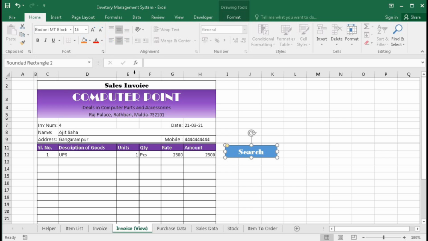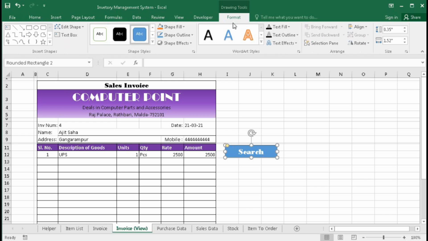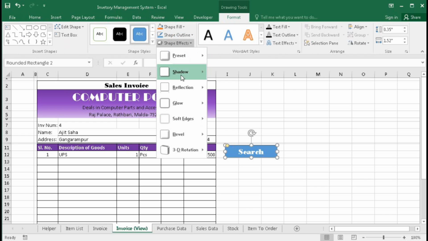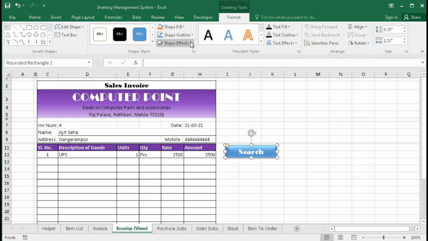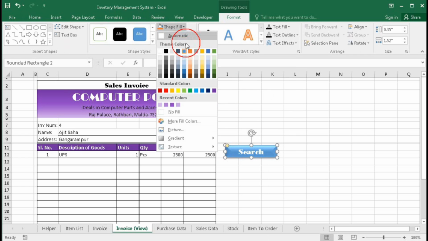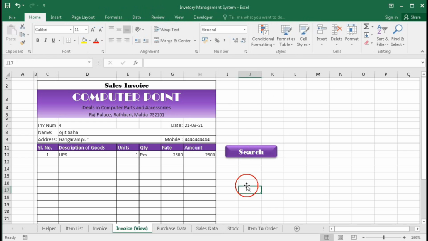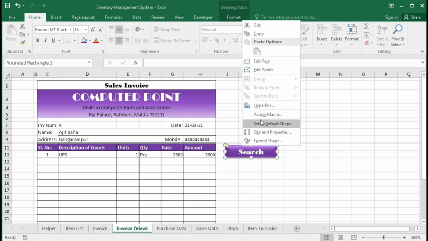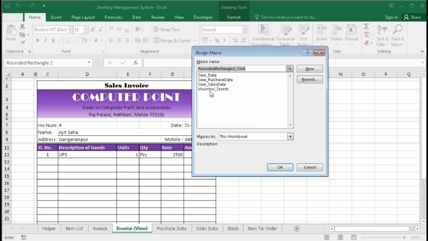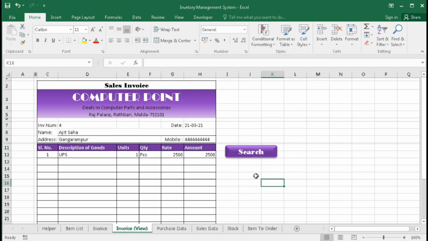Now make this button 3D. So go to format, shape, preset, this one, and the color I will use this one, and I will right click on it and assign macro and select voucher search.